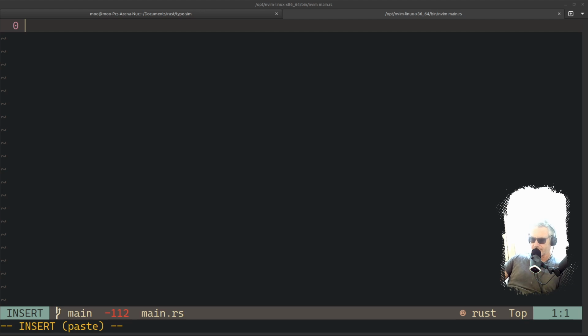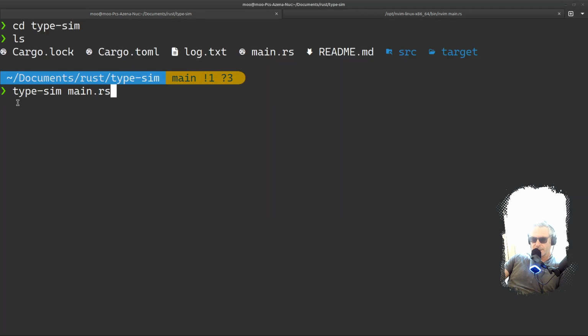Hello everyone, this is going to be a demonstration of my typing simulator such that you could pretend that you're typing and concentrate on making a coding video while the typing is actually being simulated. So if you've already compiled the code and it's good code, run my binary executable called typesim, then you pass